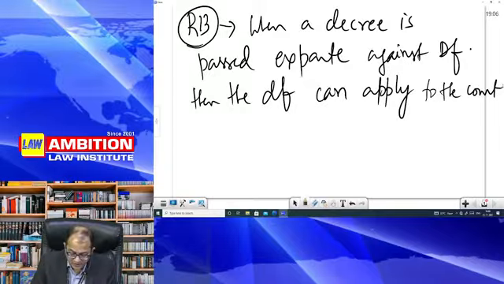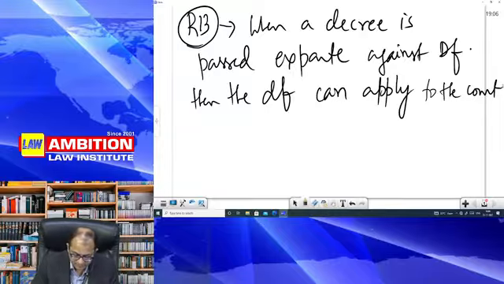And the court will grant the relief of setting aside ex parte decree